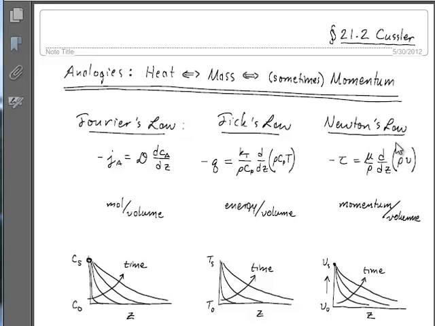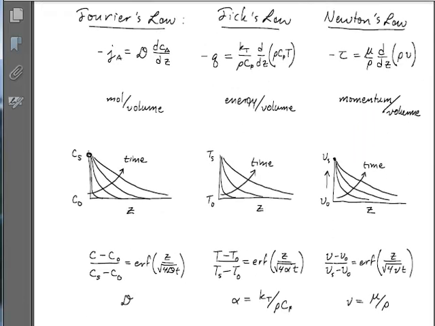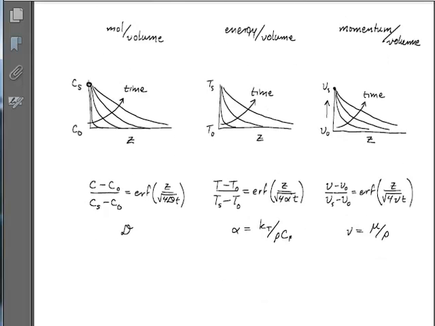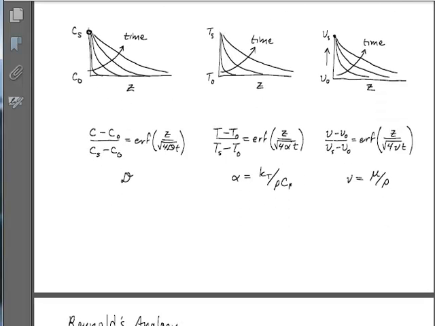And in Newton's law, we have a shear stress multiplied by a coefficient that is the kinematic viscosity times the derivative of the momentum density. And so these things are transporting moles per volume, energy per volume, and momentum per volume. And it's useful, I think, Kussler goes through and outlines this, to see the way the solutions to, say, Fick's second law, Fourier's second law, all these kinds of problems give you